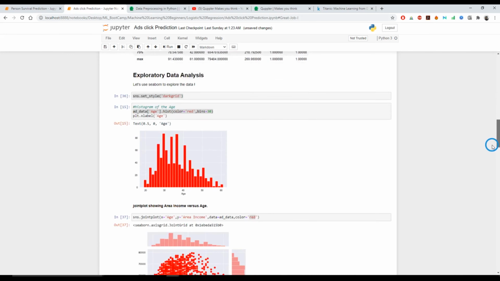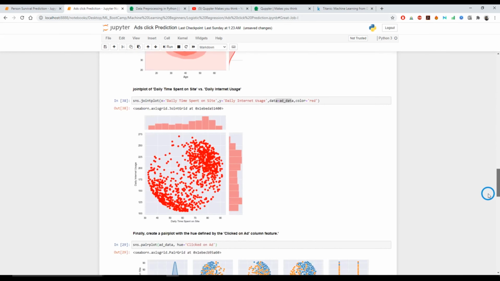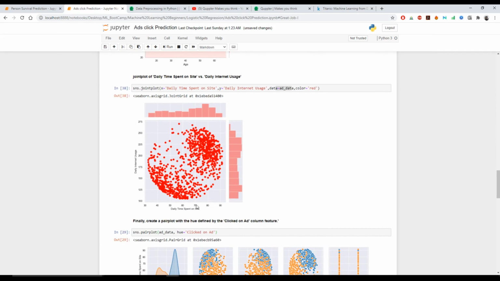So for this age group, around 70 to 90 minutes, and based on the internet usage, if the internet usage is very low, people spend less. If the internet usage is more, then people tend to spend more time. So this way we have seen the correlation between daily time spent on the site versus daily internet usage.